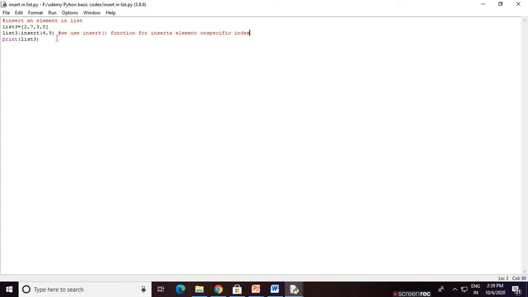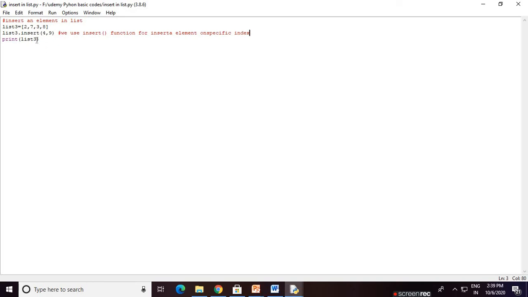For insert we pass two parameters: the index at which we insert the element, then a comma, and the value we insert. That means we go to index 4 and place the 9.